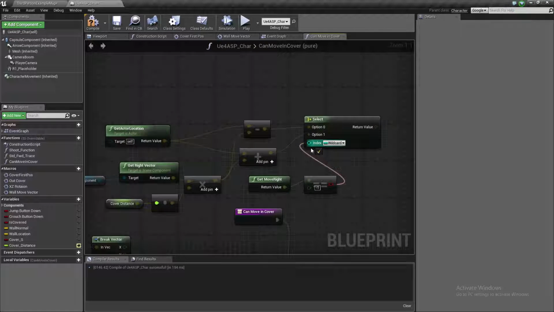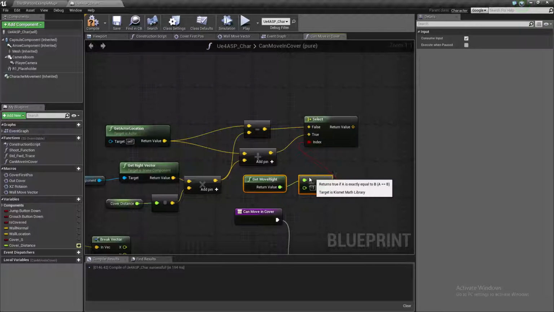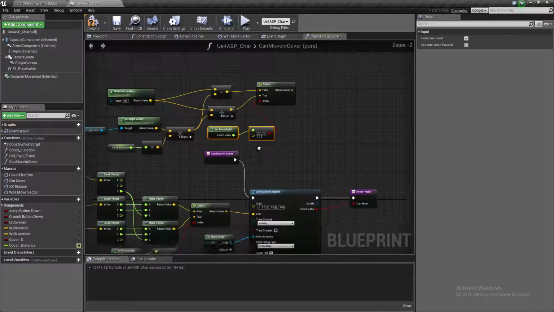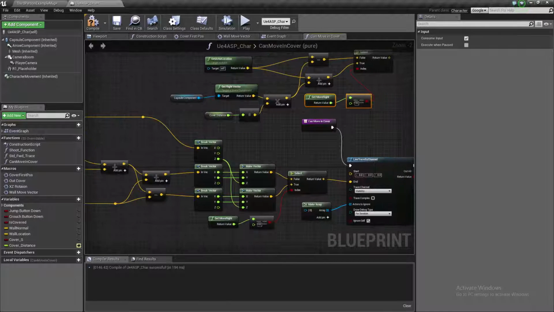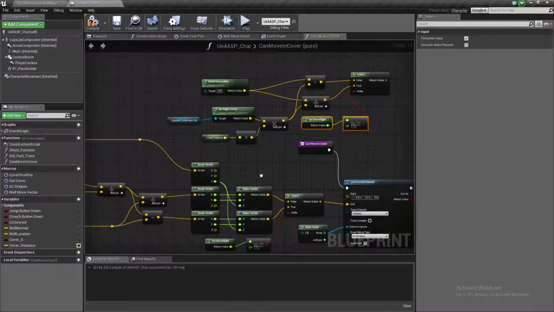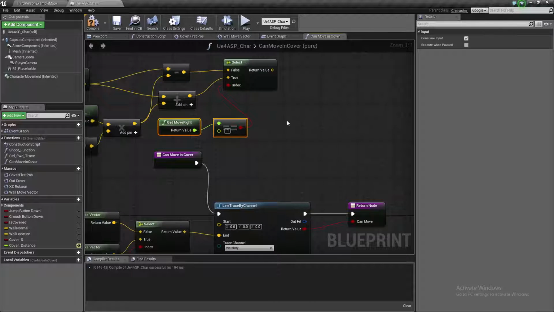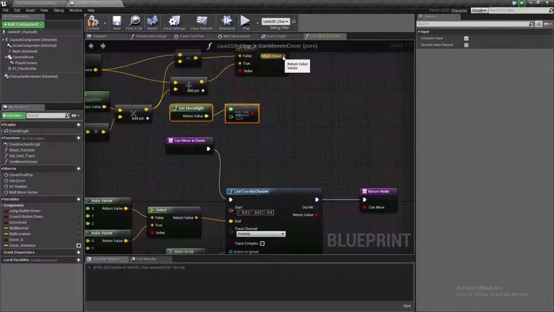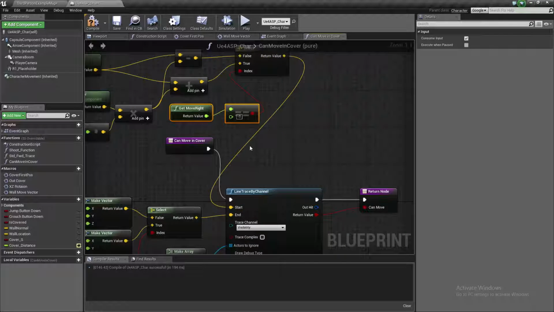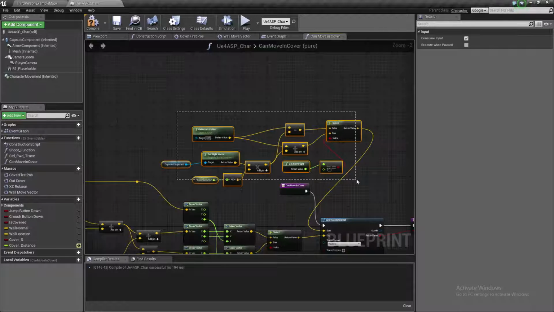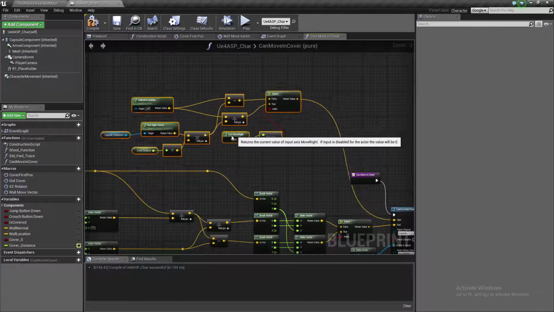You can just copy and paste that and plug that into the select node. We could actually plug it in here somewhere, but I want to keep the stuff separate just so it's more clear for me. Okay, and that should then straighten up